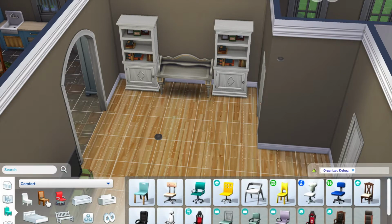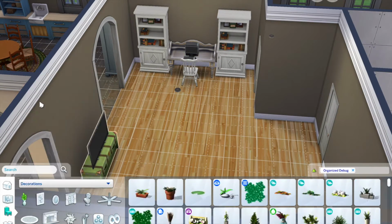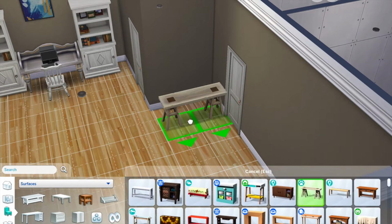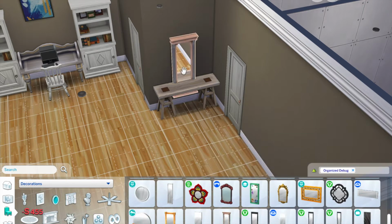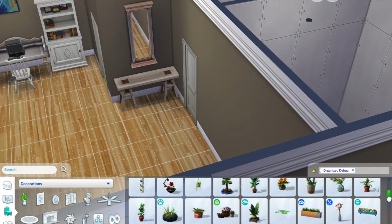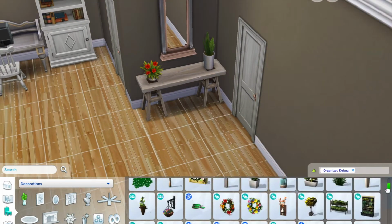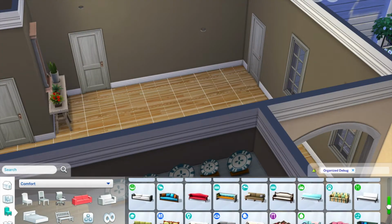Furniture's kind of like hand-me-down type things, not shabby or anything like that, but stuff that you pick up over the years, like you get one thing from your grandma or your parents. That's how a lot of pieces of furniture end up in your home, because when you needed something, there was a family member or a friend that gave you something they didn't want anymore. So I didn't want to use a lot of modern stuff in here. I wanted to give it sort of an older country vibe. So that's why I've used mostly stuff from